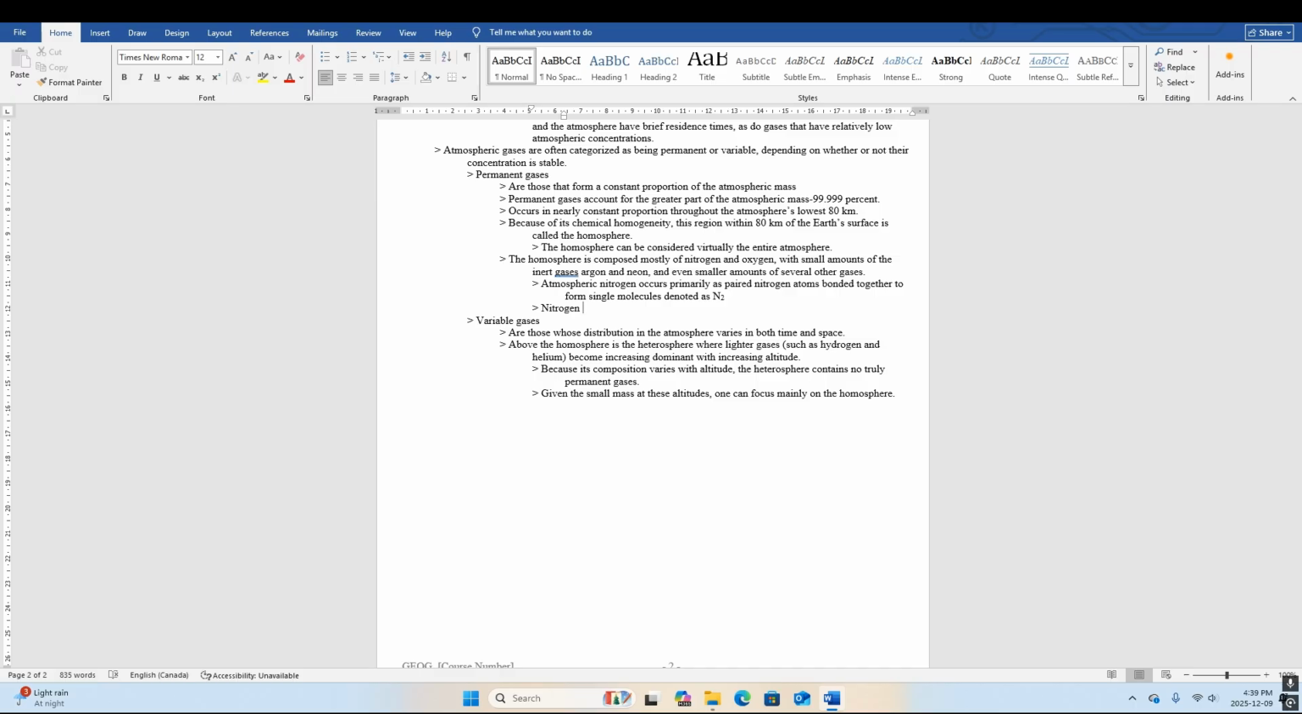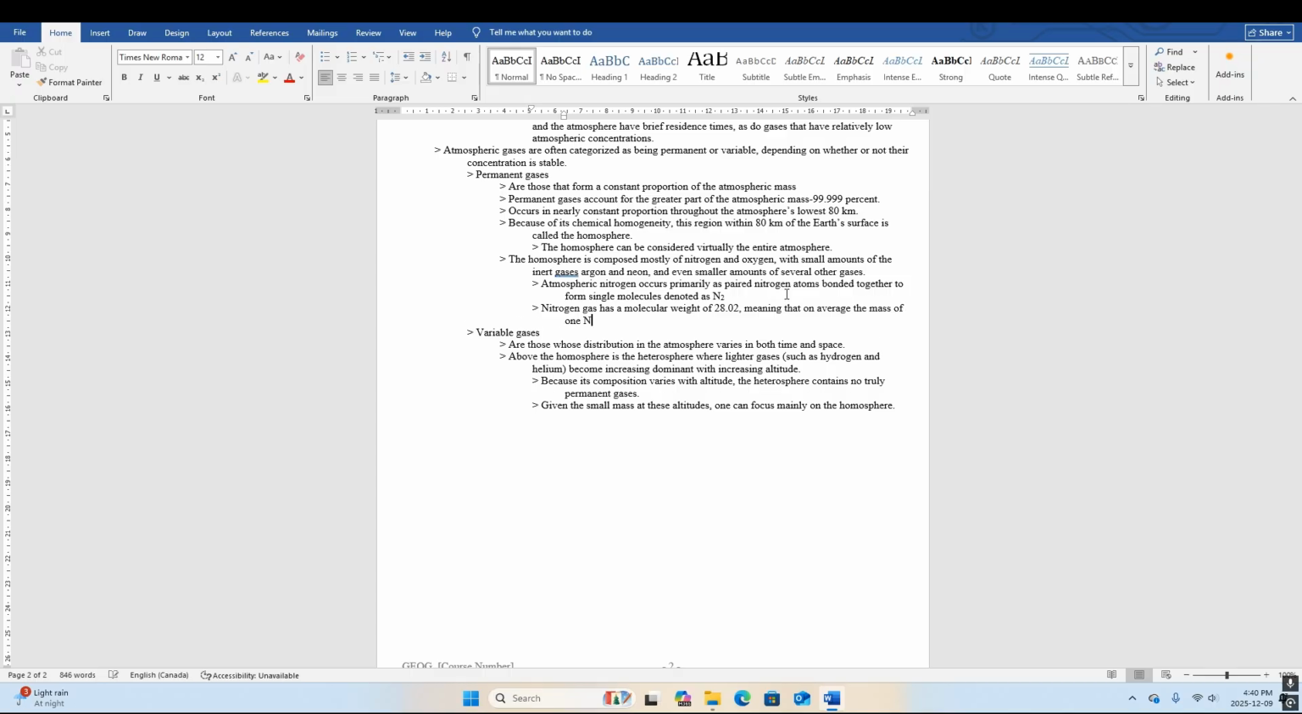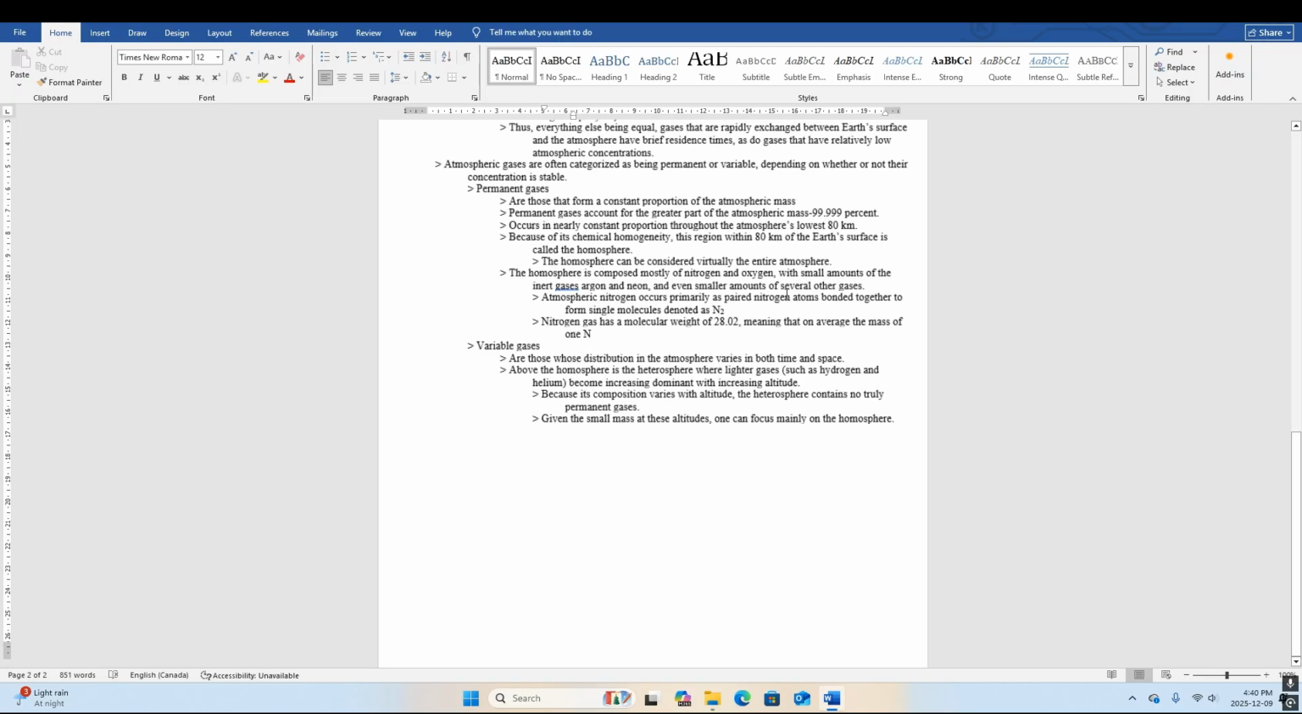Nitrogen gas has a molecular weight of 28.02, meaning that on average the mass of one N2 molecule is slightly in excess